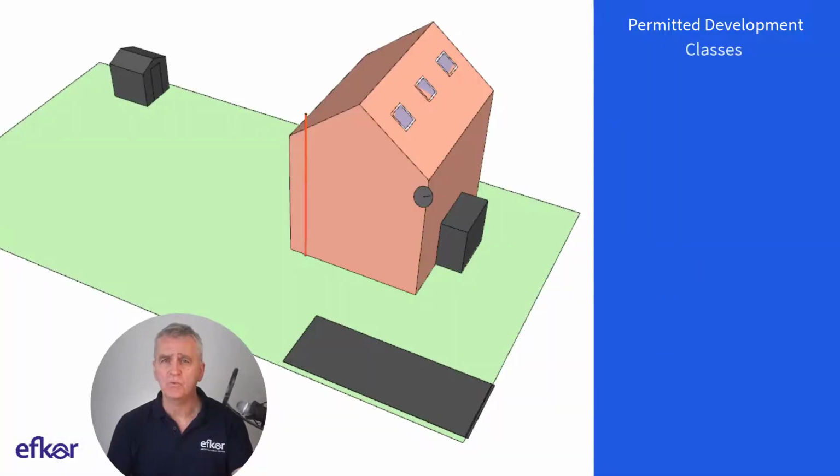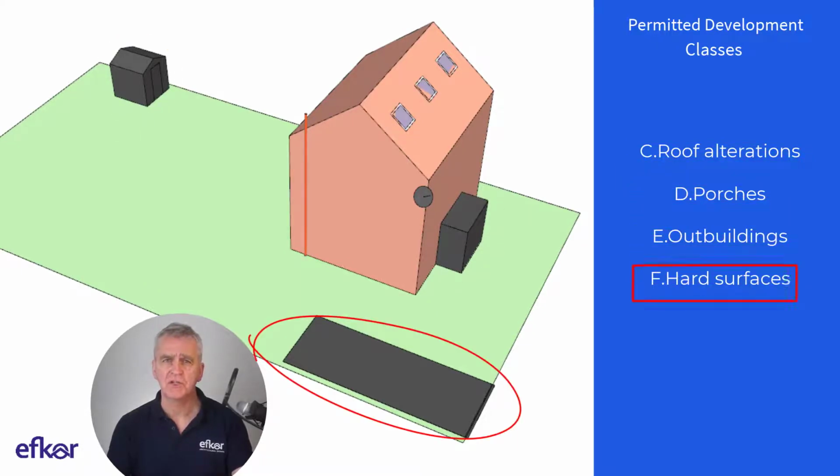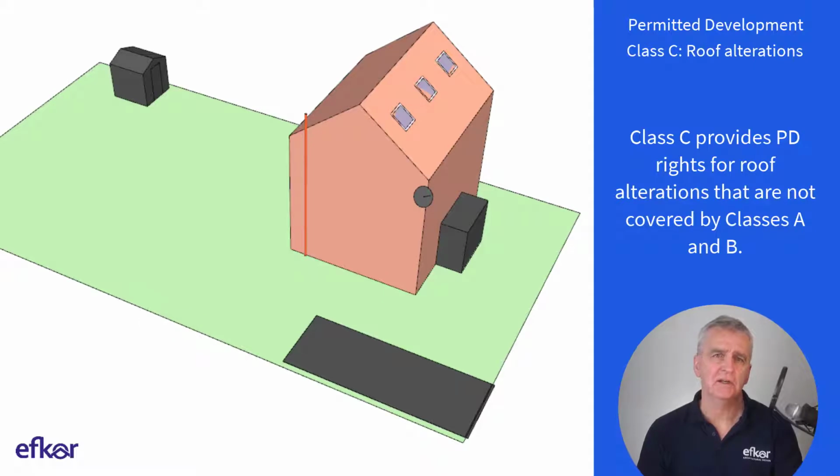In this video, we will examine these classes. Class C, which covers roof alterations, such as re-roofing or adding roof lights. Class D, porches. E, outbuildings. F, hard surfaces. G, chimneys and soil pipes. And H, microwave antenna. Class C provides permitted development rights for roof alterations that are not covered by classes A